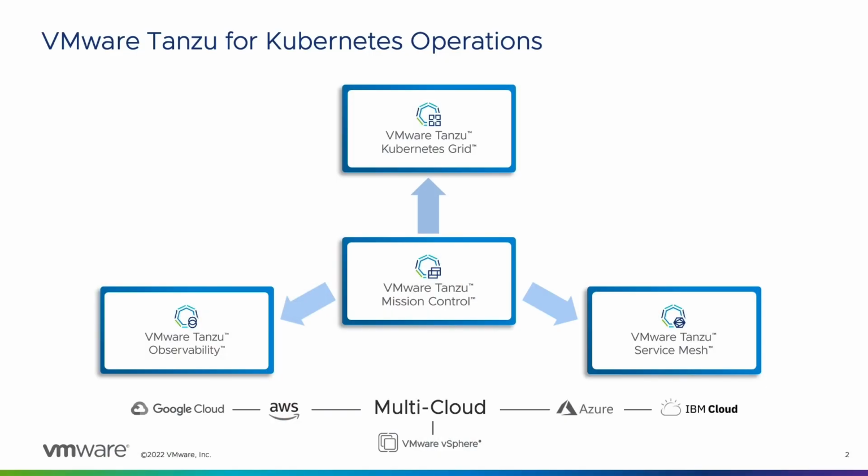And we provide that solution with Tanzu for Kubernetes Operations. Tanzu for Kubernetes Operations has three main components. First is Tanzu Mission Control. This is a SaaS solution that provides your administrators with a single interface for governance, lifecycle management, and to apply IT policies to your Kubernetes clusters running in any cloud environment. Tanzu Mission Control supports the VMware distribution Tanzu Kubernetes Grid, in addition to other distros and services like OpenShift, AKS,